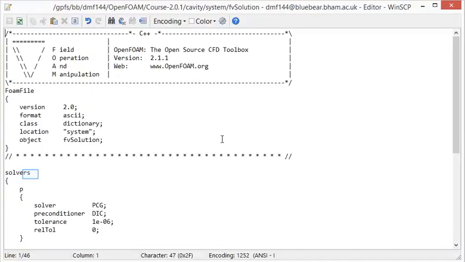The first subdictionary in our example is solvers. It specifies each linear solver. The syntax for each entry within solvers uses a keyword that is the word relating to the variable being solved in the particular equation. Here, p and U are being solved for. The solvers are iterative. They are based on reducing the equation residual over a succession of solutions. The residual is a measure of the error in the solution, so the smaller it is, the more accurate the solution. Before solving an equation for a particular field, the initial residual is evaluated based on the current values